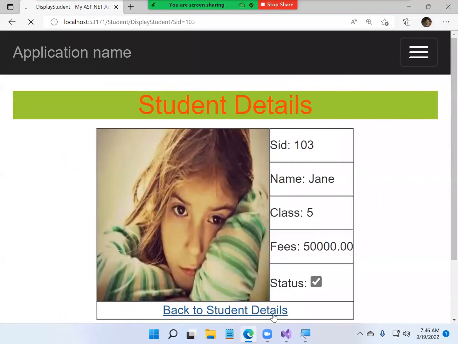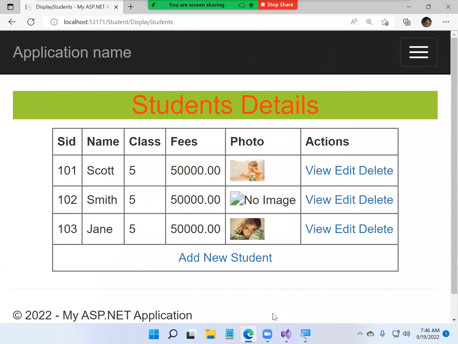Is the view clear? So you're clear with display students, which shows you all the students. Second one, display student, shows you a single student. Third one, add student, provides a view for adding a student. Next, edit student. When you click on edit, all of you guys,